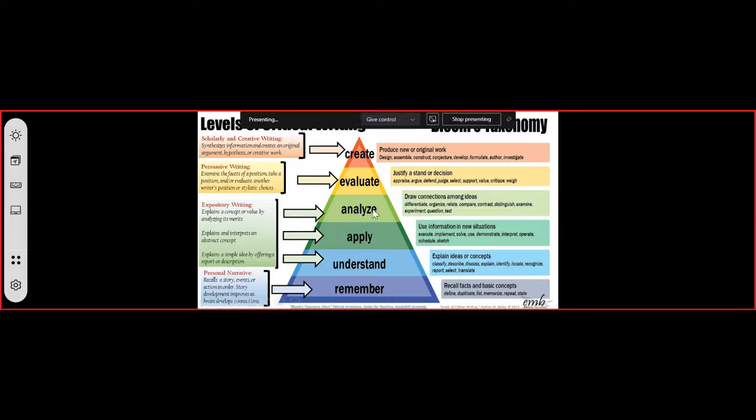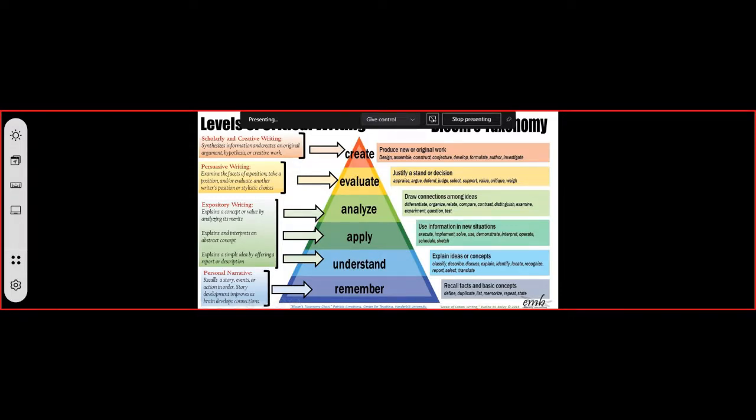On the second level, higher order level from the top, would be evaluate, and this is where you usually use a very persuasive writing position, where you start justifying decisions, where you argue and you defend or you support or you critique